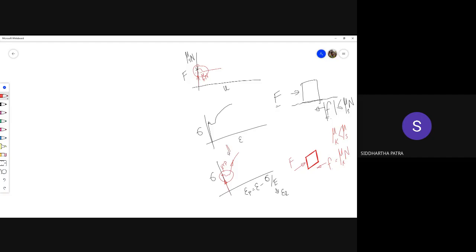The difference between these two curves is just this: I have taken away the elastic part of the strain. If I were to unload from any stress value right here, this is the part of the strain that could be recovered. So this was the total strain, and even after removal of complete stress, this could not be recovered. So this part is the plastic strain, and this part is the elastic strain.